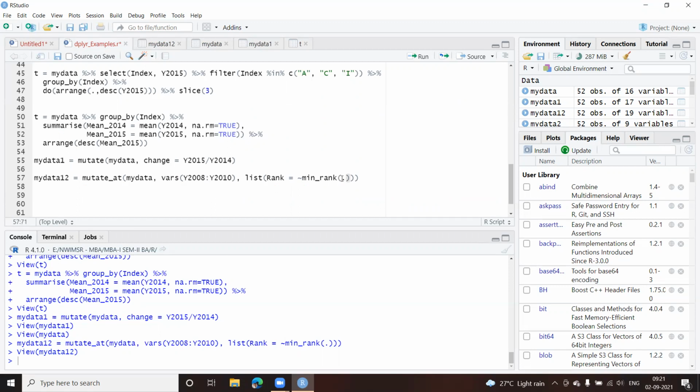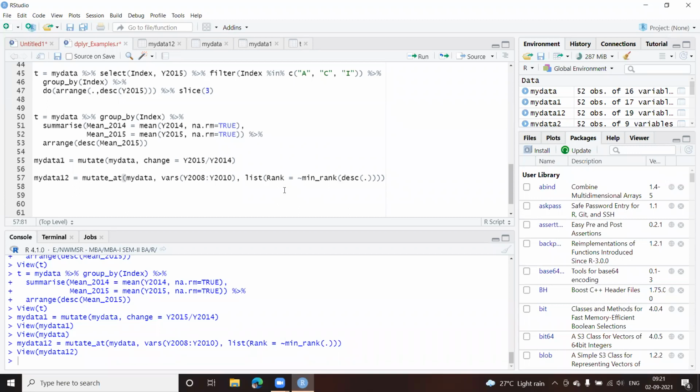So instead of giving only a dot here, I'll give desc in round brackets, and then the dot. There's one more round bracket that I need to give. I hope all the round brackets are over. One more. Fine.